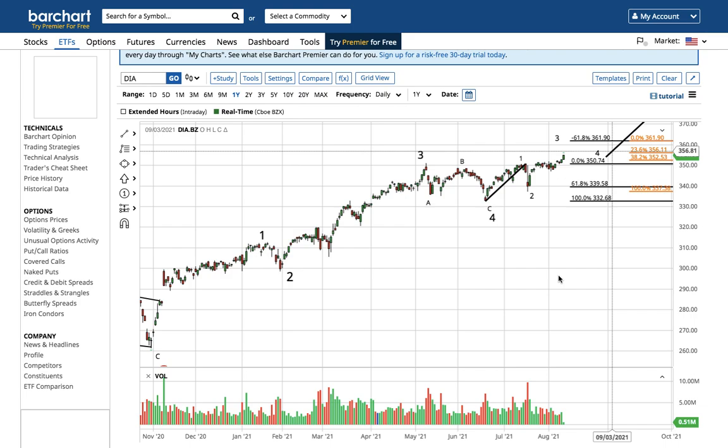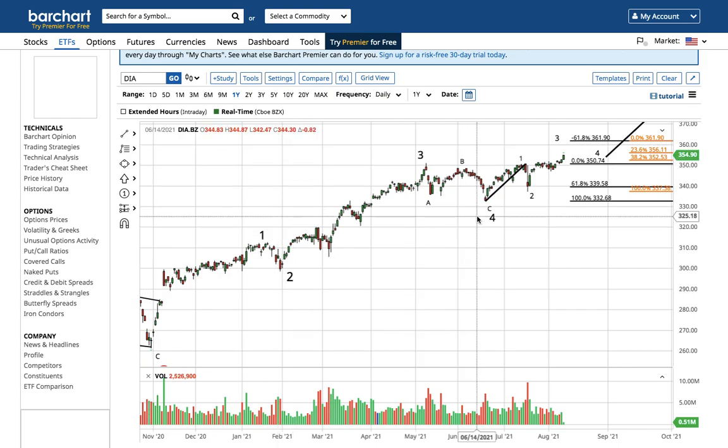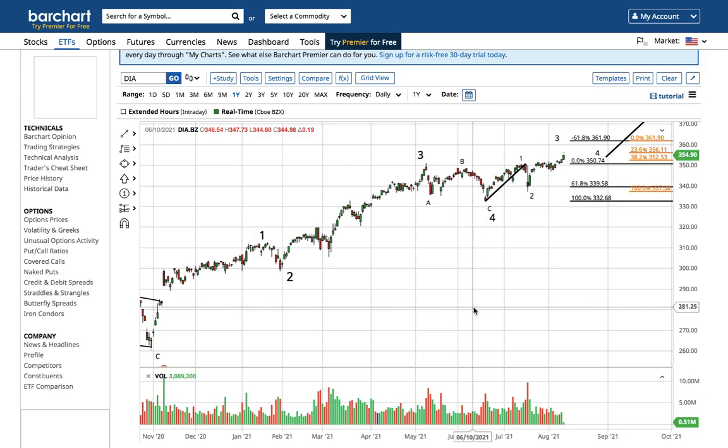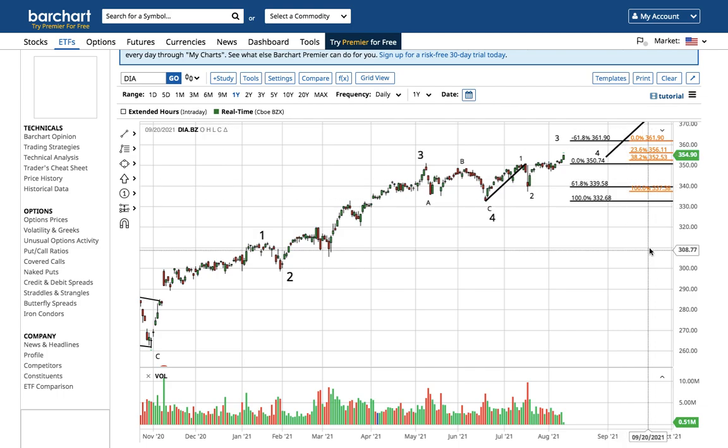What happens when DIA gets into the 370s and the 380s is that bulls will expect, at least in the travel and leisure, the value side of the market, that this 1, 2, 3, 4, 5 waves impulse will be corrected. And so that's kind of the theme that we're possibly seeing, is that the reopening stocks like the Dow Jones ETF DIA, Disney, some of these oil stocks, some of these banks, are correcting this 1, 2, 3, 4, 5 waves impulse higher, and the reopening stocks are pulling back,